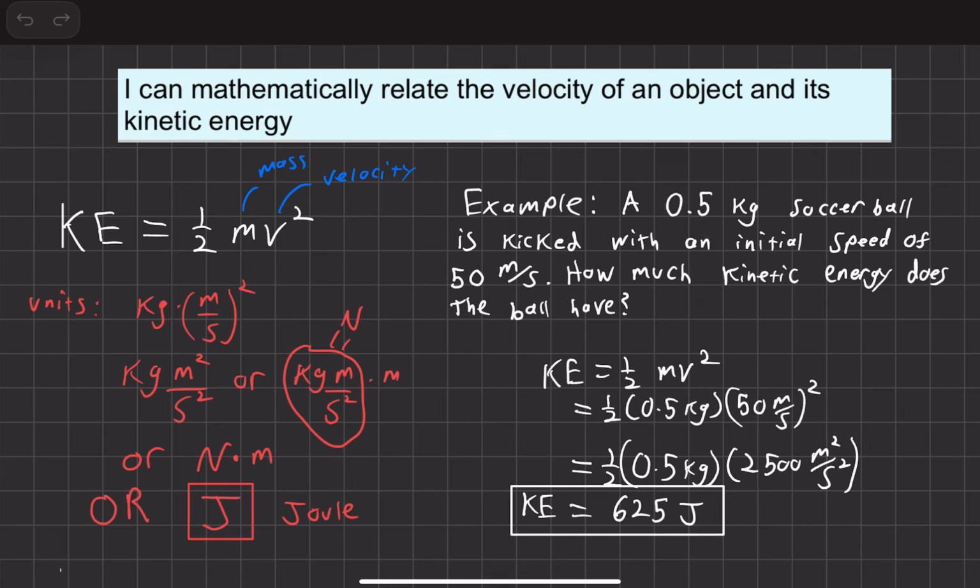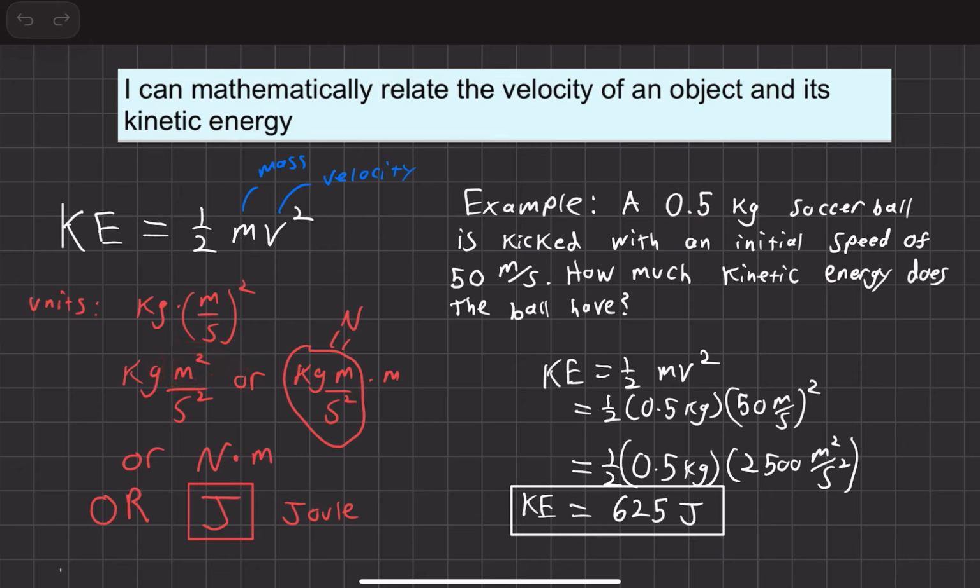Since we have the equation for kinetic energy, we can talk about the units of kinetic energy. The units are kilogram, because of the mass, times meters per second, all of which is squared. And by all of which, I mean the meters divided by the seconds, because the velocity has meters per second, and you're squaring that. So distributing the square in, this could also be written as kilograms times meters squared divided by seconds squared. Or if you just take one factor of the meters out and have it just be multiplied at the end,